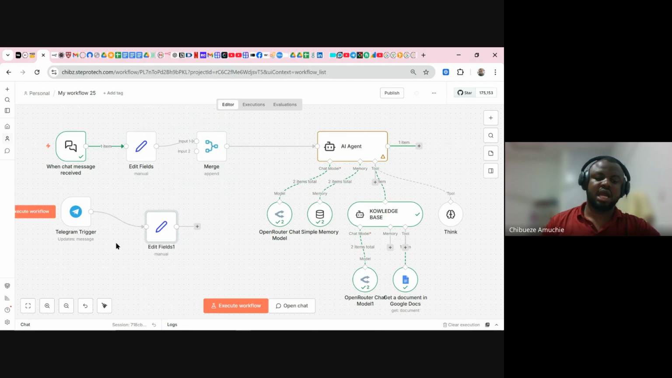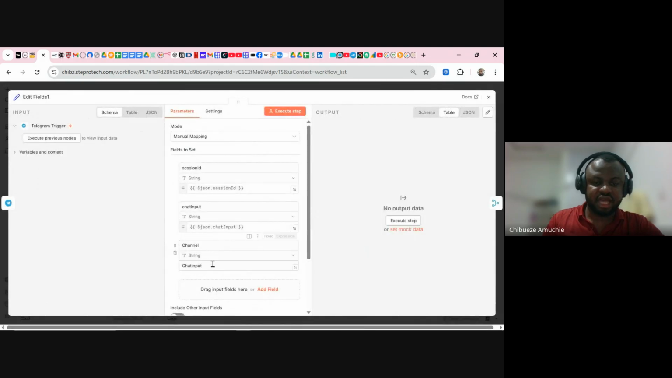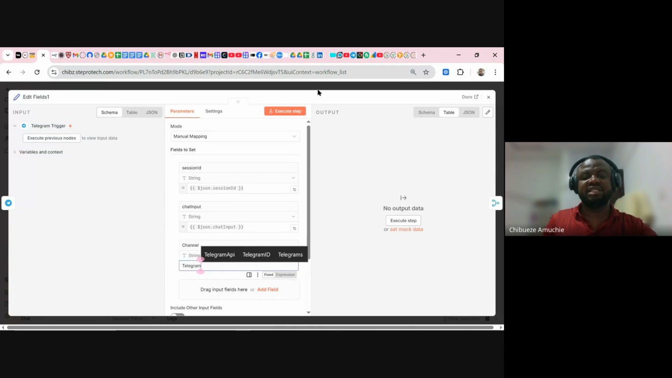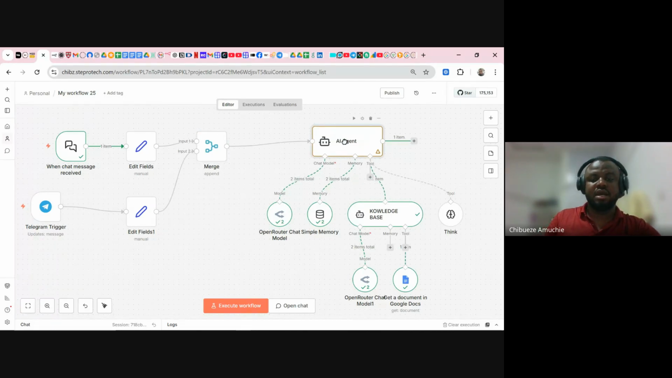And I'll put it here and I'll connect this here. All right, so don't get confused. I just duplicated, but there's something I need to change. I will now change this channel to be Telegram. The reason I'm changing the channel to be Telegram and I want every other thing to be the same is because when they come to merge, they can pass as one, and I can use them to map my